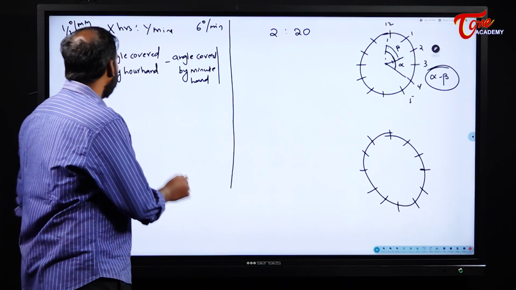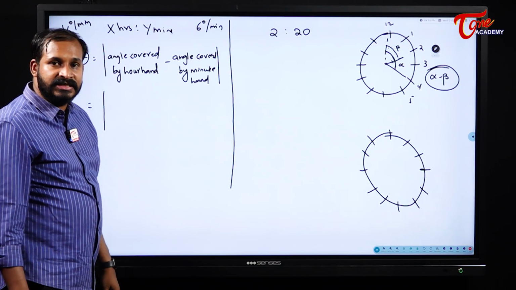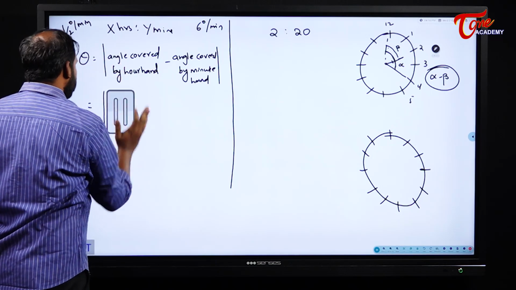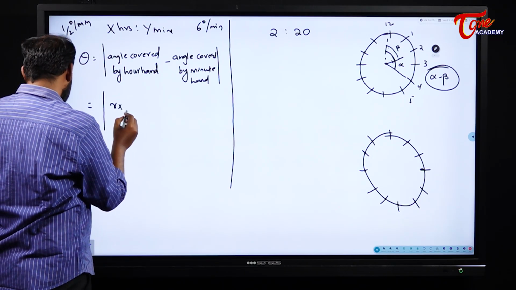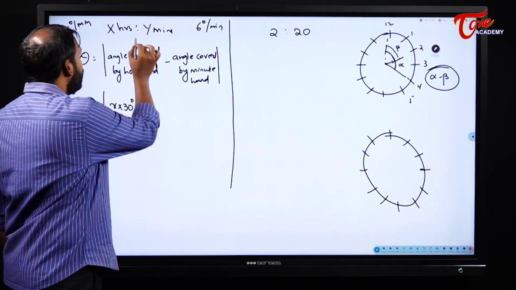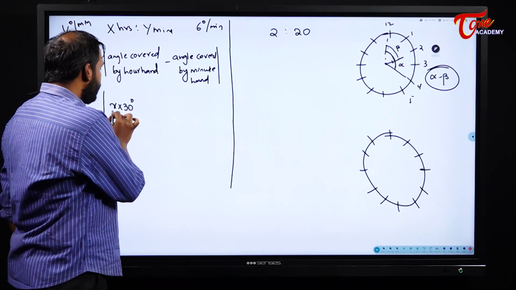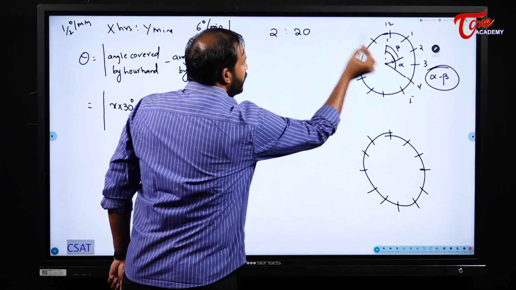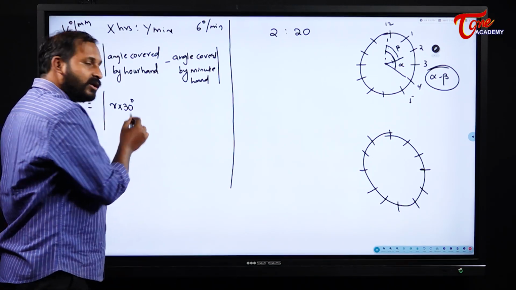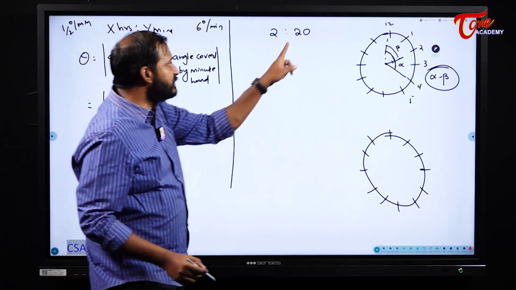Keeping that in mind, what will be the angle covered by the hour hand for us here? It is x hours, so x into 30 degrees. Why am I using x into 30? Because if it is 2:20, then 2 into 30, already it will travel 60 degrees. Similarly here also, x into 30 degrees plus, during these y minutes, that means during these 20 minutes,